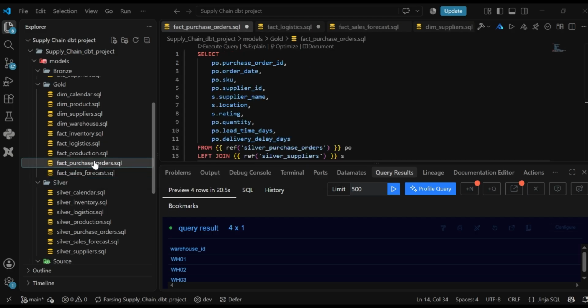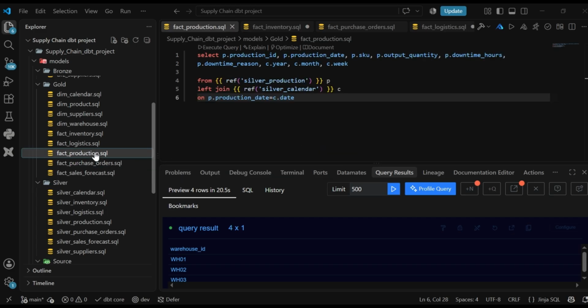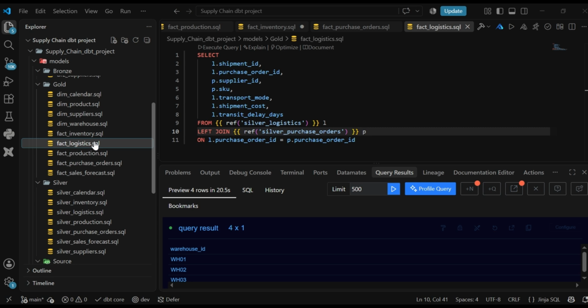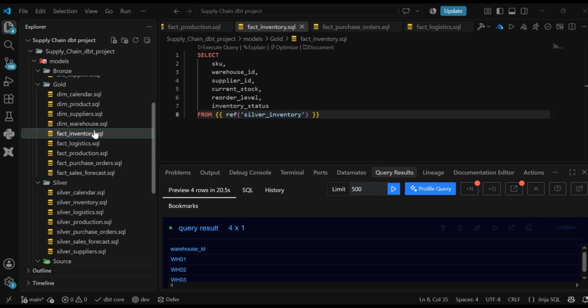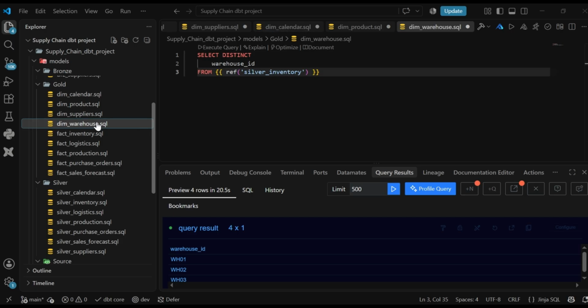come to fax purchase order, Control S, come to production, Control S, come to logistic, Control S, come to inventory, Control S, come to warehouse, dimensional warehouse, Control S,